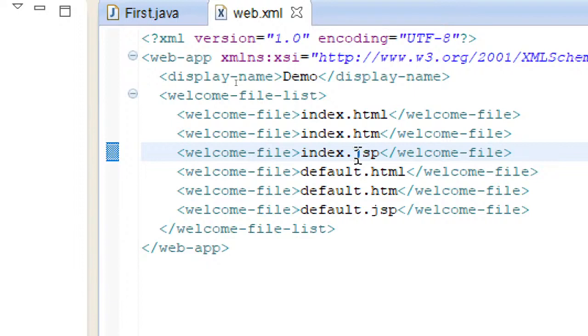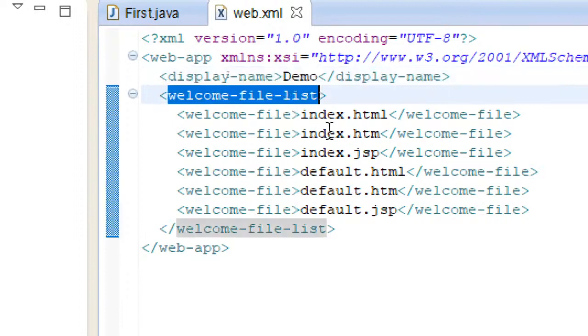This is why when you give index.jsp or index.html, it gets executed directly, because the configuration file clearly displays the project display name is demo, and the welcome file list.